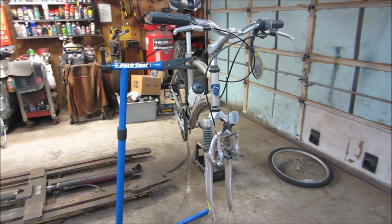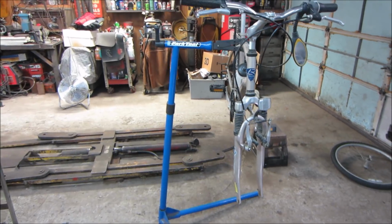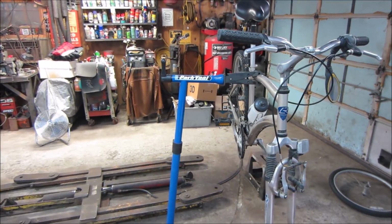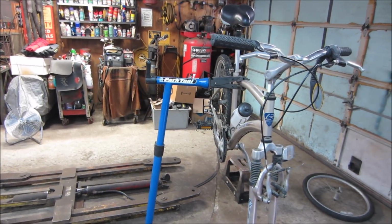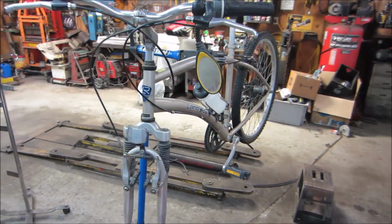That's a little better. I grabbed this stand at a yard sale a couple of years ago. Wasn't even quite sure what it was. But after I got it home, I got it for cheap money. That found it fairly expensive. I think it's awesome. It really makes working on stuff like this much better. Anyway,